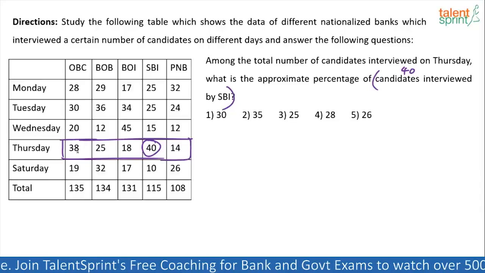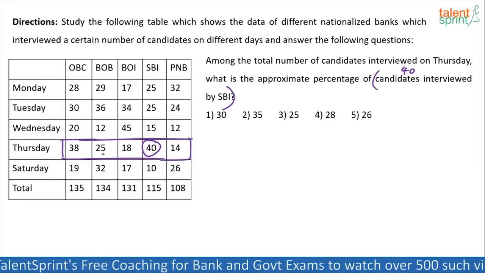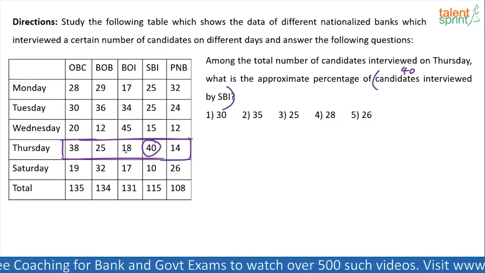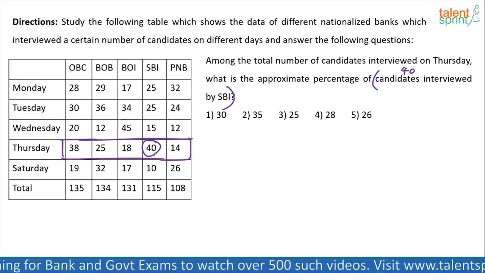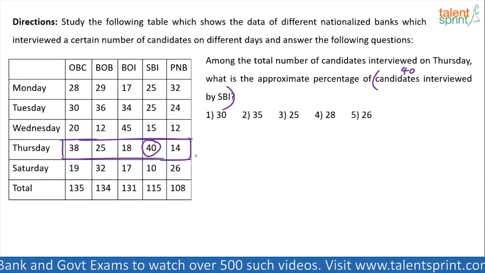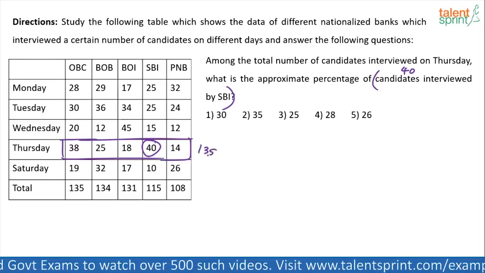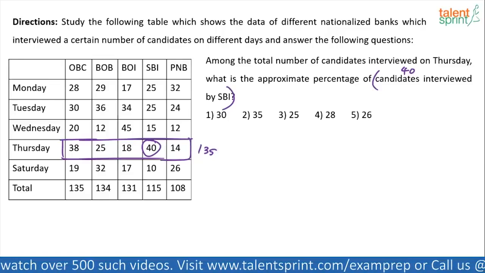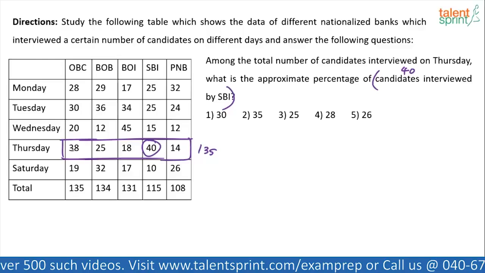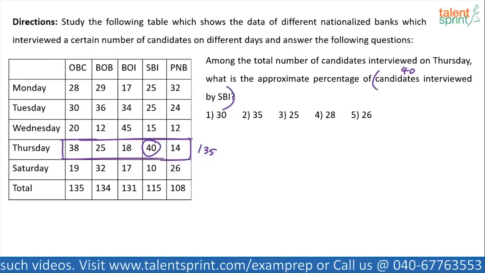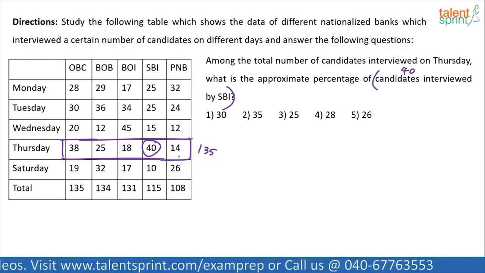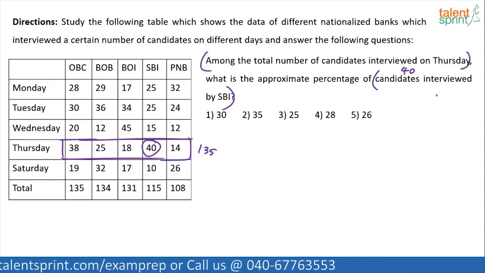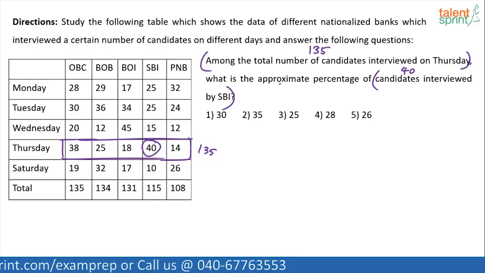Total of Thursday. 38 and 25 is 63. 63 and 18 is 81. 81 and 40 is 121. 121 and 14 is 135. 135. Yes or no? Check it once again if you want, right? 65 and this is 56. So 121 and 14, 135, yes. So among the total number of candidates interviewed on Thursday, so basically among 135, what is the approximate percentage of